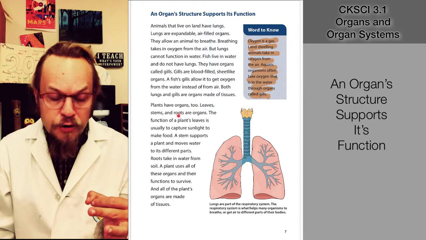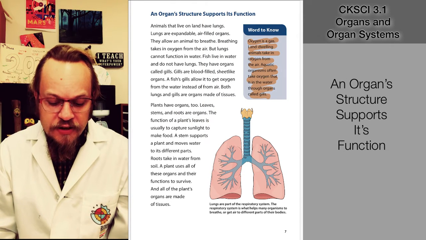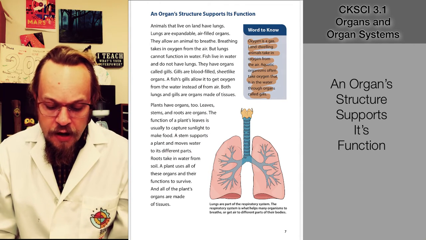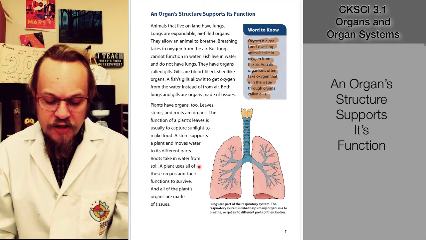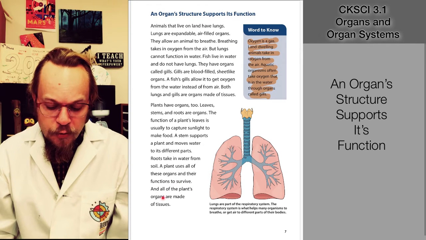Leaves, stems, and roots are the plant's organs. The function of a plant's leaves is to capture sunlight to make food. A stem supports a plant and moves water to its different parts. Roots take in water from the soil. A plant uses all of these organs and their functions to survive, and all of the plant's organs are made